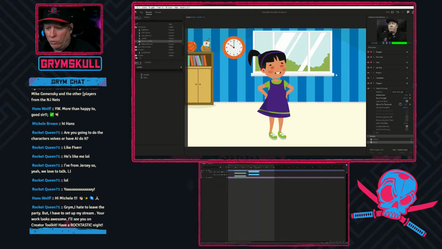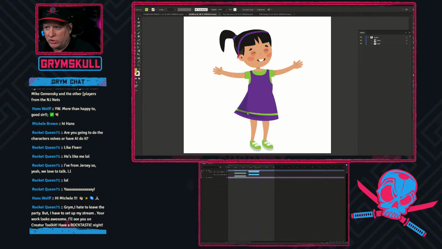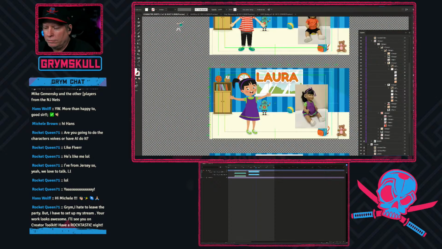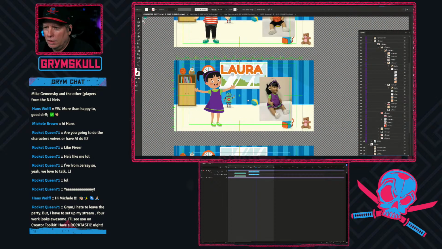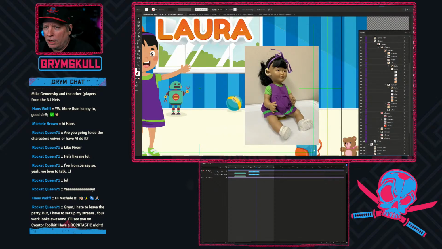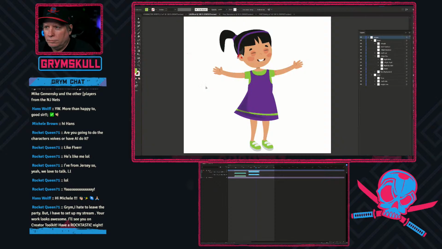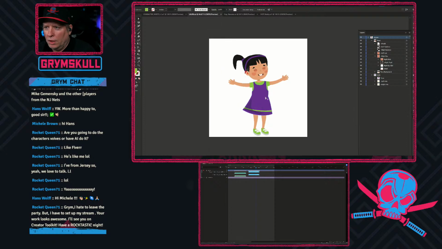So we were over in Illustrator. We rigged up a character from our character sheet. Laura here. Laura's this little doll here, right? We rigged her up. We fixed her eyes. We fixed her mouth. We created a torso and some arms.